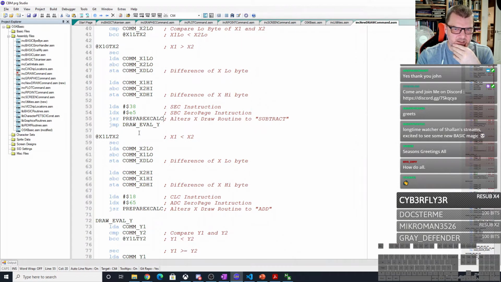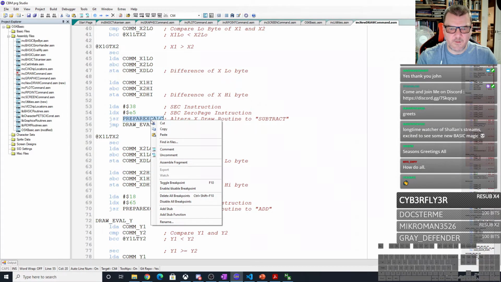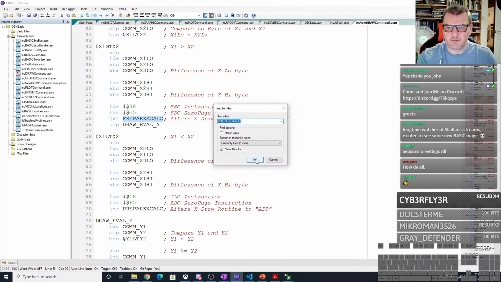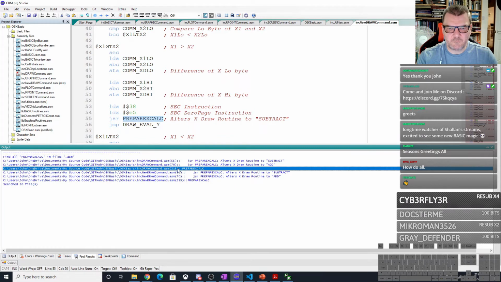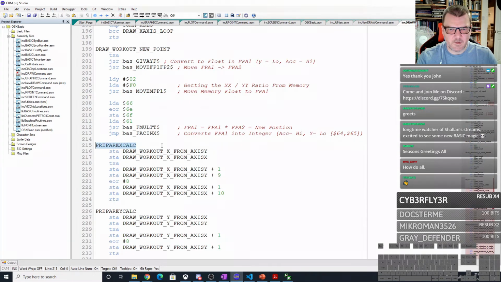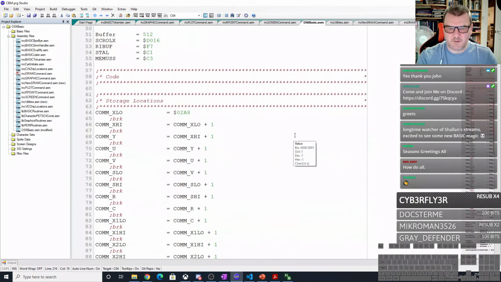So the X calculation is a subtract. So that means prepare X calculation. Let's see if we can find that. Find. Where's find? There, 215. So it's setting both X and Y to be in subtract mode. So that's subtract. So if we use our philosophy,